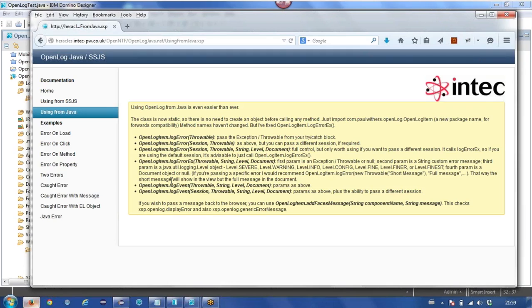Also, if you're using the OpenNTF Domino API, the code's been incorporated into that as well. So there it's XSPOpenLogUtil.logError. It's no different at all from server-side JavaScript. It's just slightly different. It's a better practice method. I realized that once I'd got further down into Java for doing it from there.